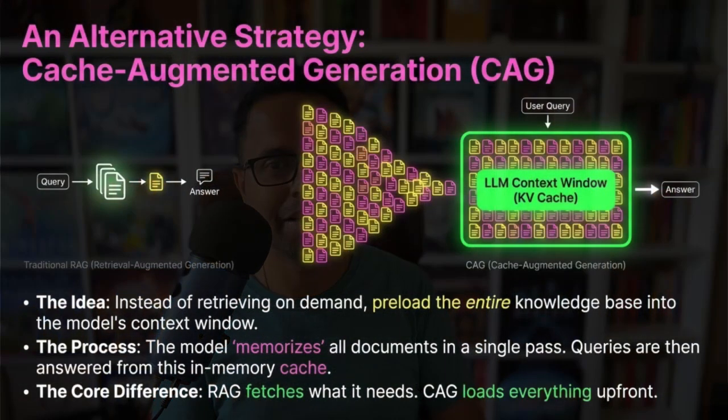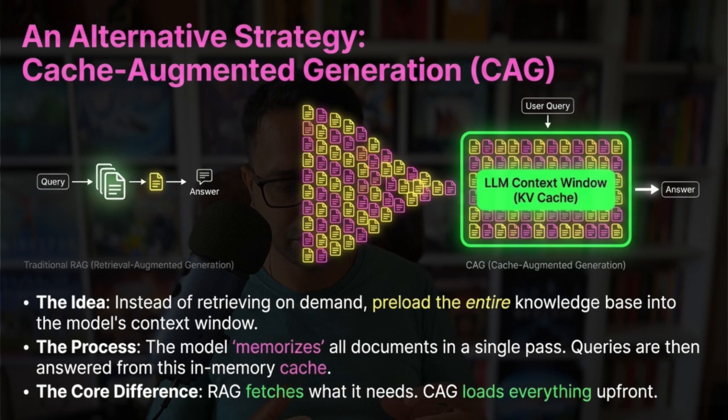So if it is not retrieving the right chunks, then it is actually going to fail and give you wrong answers. So for smaller, but not so small in today's time, there is another concept called CAG, right? Let's look at what is CAG, or Cache Augmented Generation, and when do we use RAG, or when do we use CAG, or when do we use hybrid? Let's try to find that out right now.